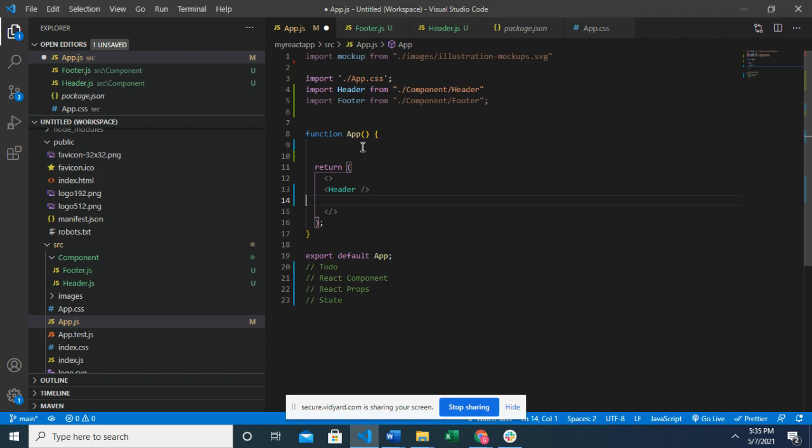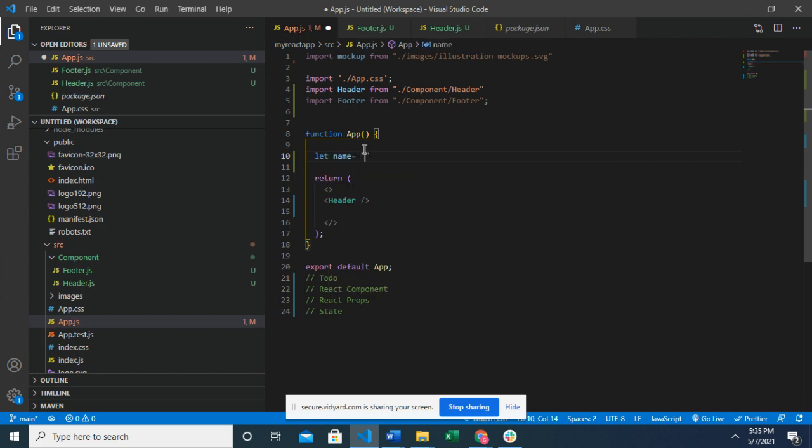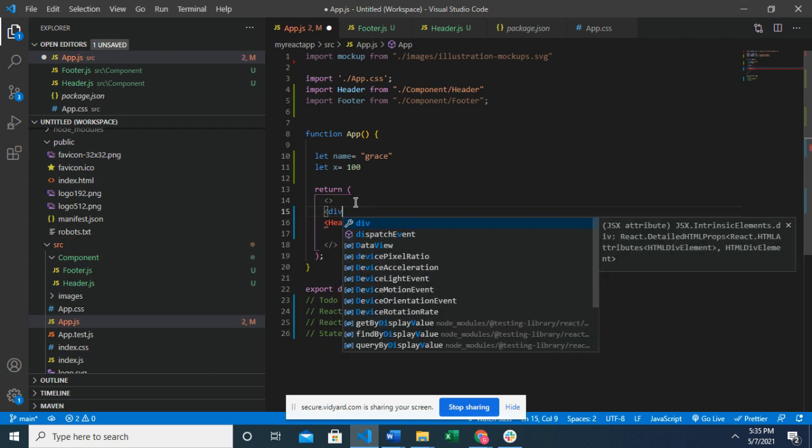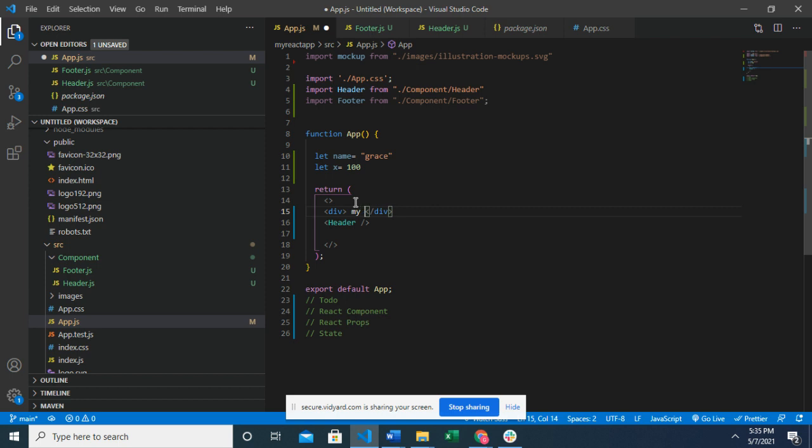Okay. So I want to illustrate the props. Just like we have in a function, let's have a variable. Let's say let name equal to grades, right? And let x equal to 100, a number, right? And let me do a little bit of computation here. Simple computation. My name is, okay, a variable, and my age is